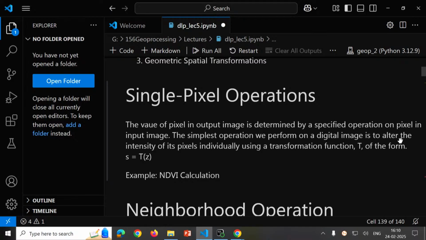on a pixel in a single image. Or maybe some operations might involve more than one image, like we may apply the same operation on the pixels of more than one image. So the value of the pixel in the output image is determined by a specified operation on the pixel in an input image. So the simplest operation that we perform on a digital image is to alter the intensity of its pixels individually using